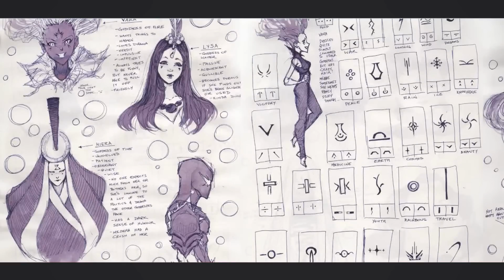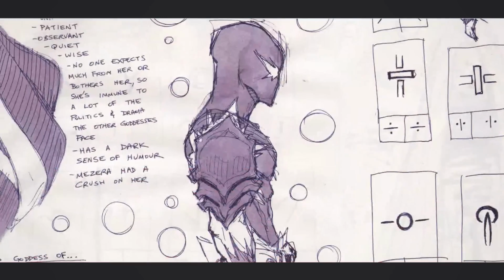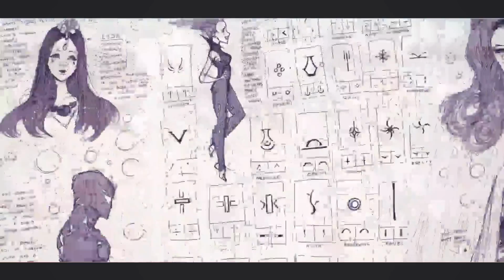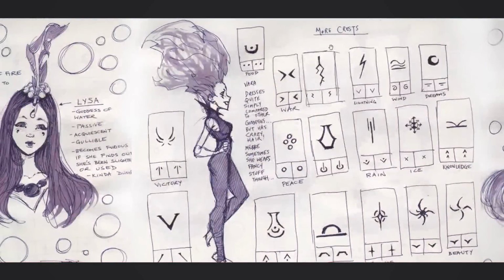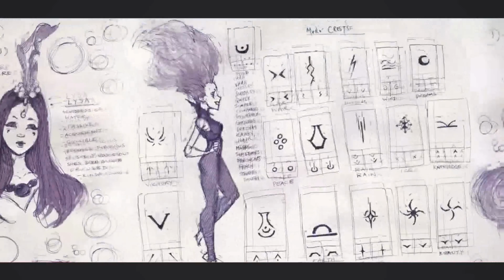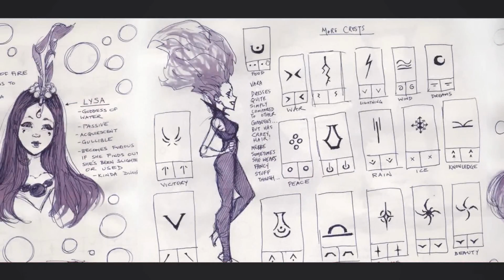And here's Wraith in side view, or at least an idea of what he looks like in side view. This white part is actually just his skin as well. So he has a dark part of his skin and the light part of his skin. And then here, I started doing more crests. So first I just did a bunch of boxes. They weren't filled with anything, just boxes. And then I started thinking about, okay, let's make